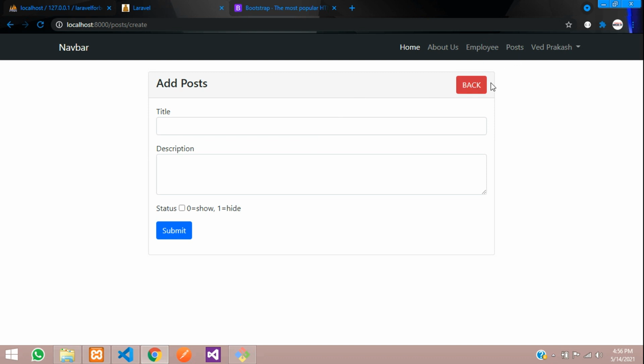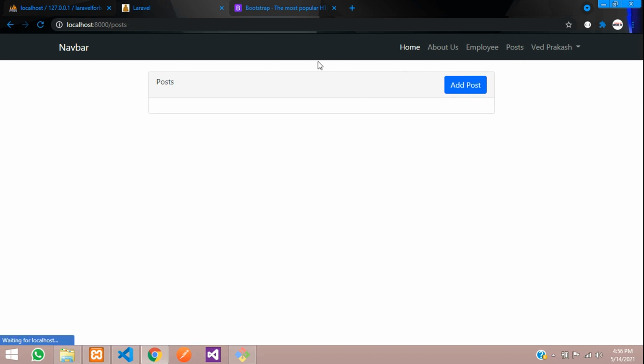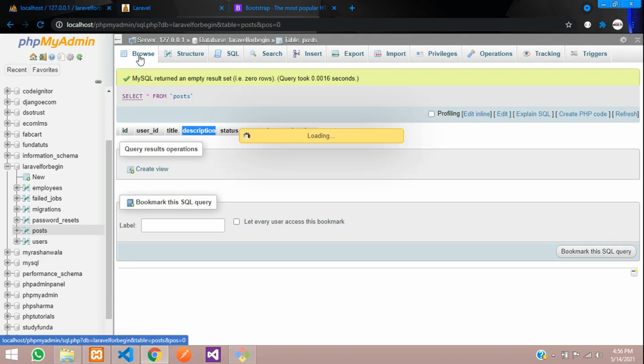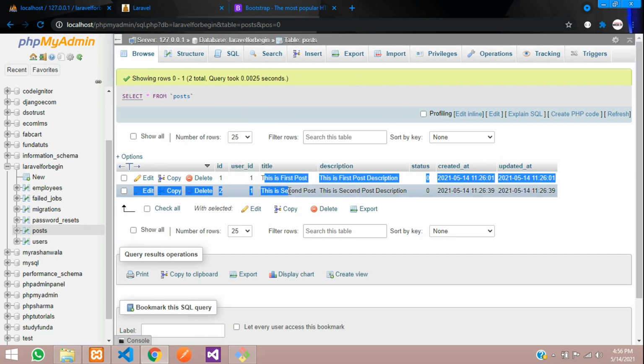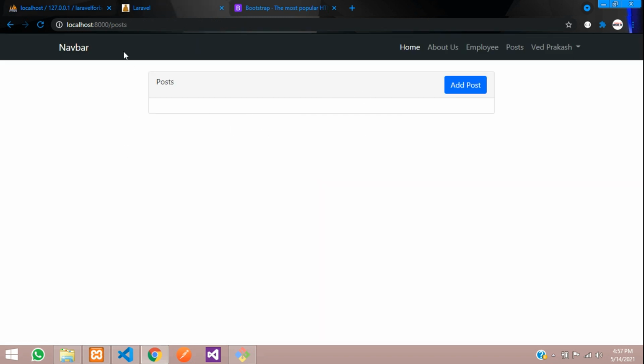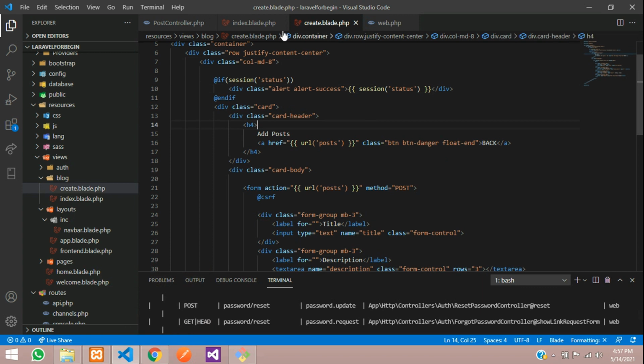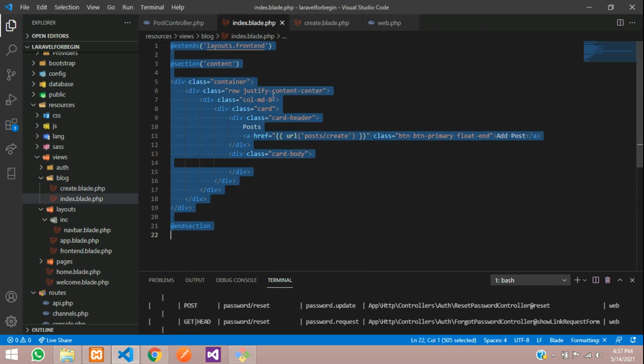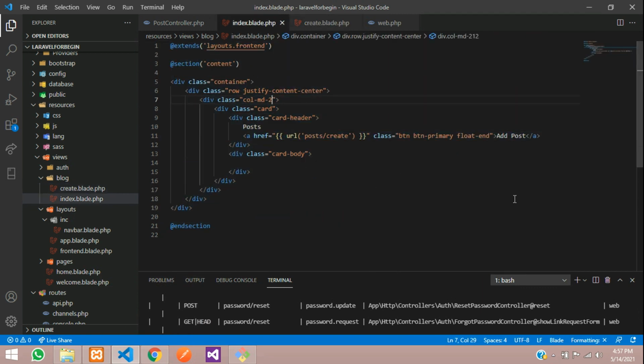Cool. So now guys, let's get back on the post. You are on the post. Let's see the database. You can see that data is inserted with the user ID 1. Perfect. And now let us view that. Get back. Let's go to index. So first increase the column to 12 and